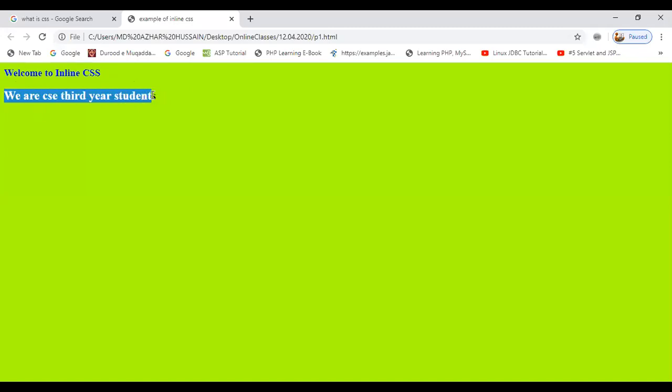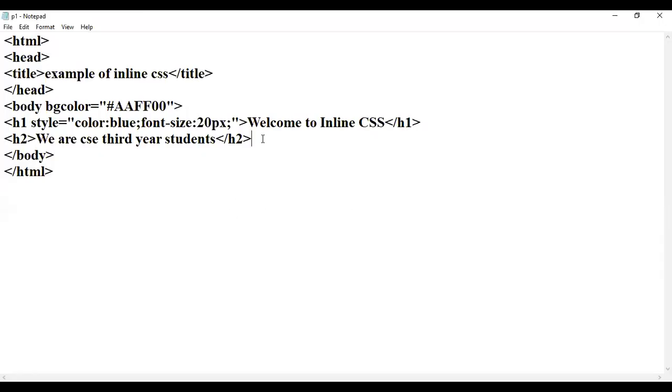For the second line, there is nothing here, meaning we have not applied any coloring properties. So I have changed the color for a particular line only. Okay, now I will open that Notepad. Here I can write as many headings and as many paragraphs as I want. Then I will write an H3 heading. Here I will write welcome to web technologies. So I'm closing this heading.